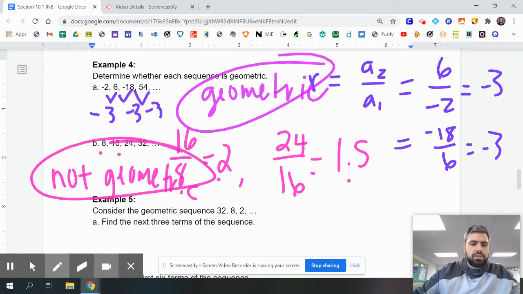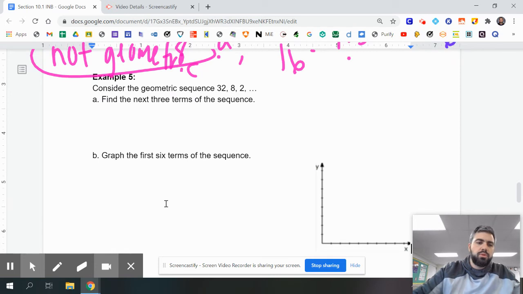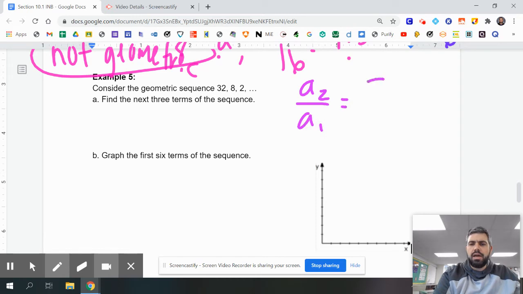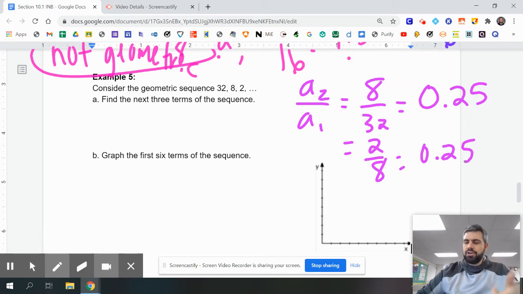Okay. All right, so let's apply this to a problem where they give us our first couple terms, we can find the next, right? So it says, consider the geometric sequence 32, 8, and 2. Find the next 3 terms, okay? So to do that, I've got to figure out what my common ratio is. And so I'll do a2 divided by a1. So that would be 8 divided by 32, which is 0.25 or 1/4. And so that's my common ratio. And I can check that with the next one. And that would be 2 over 8, which is also 0.25,